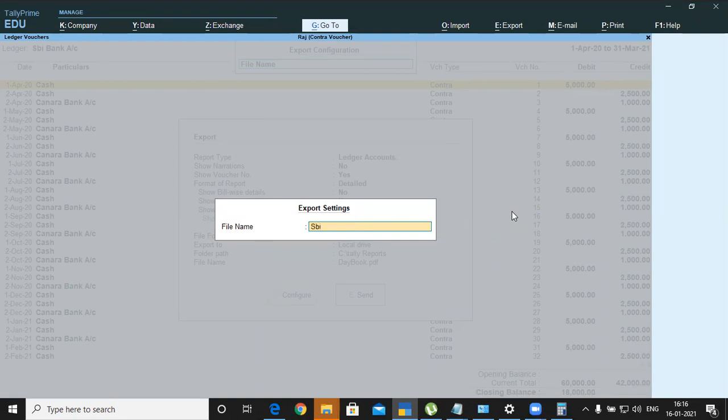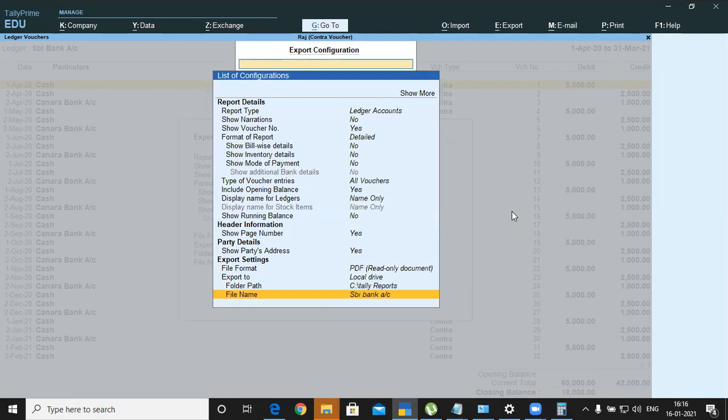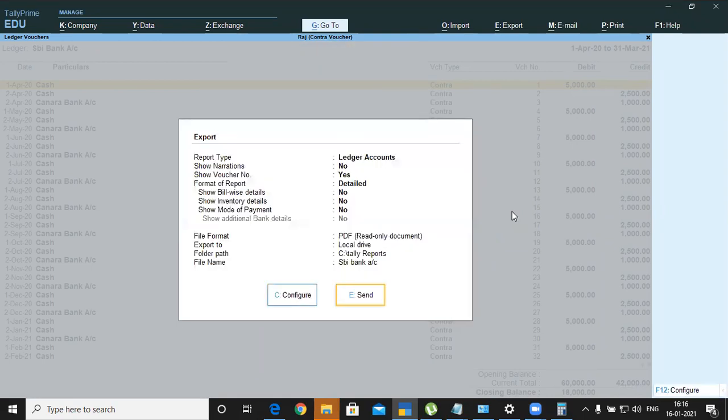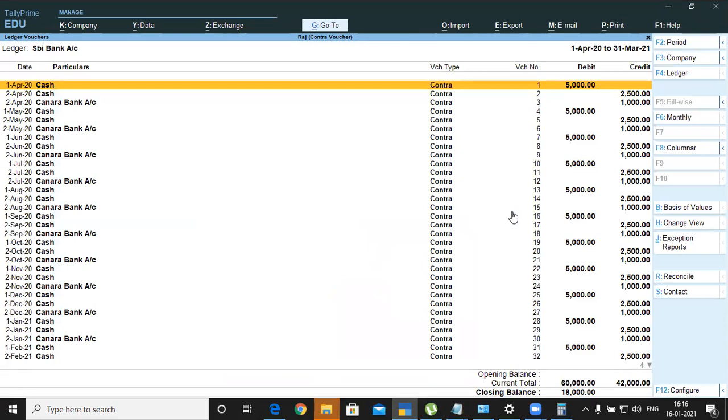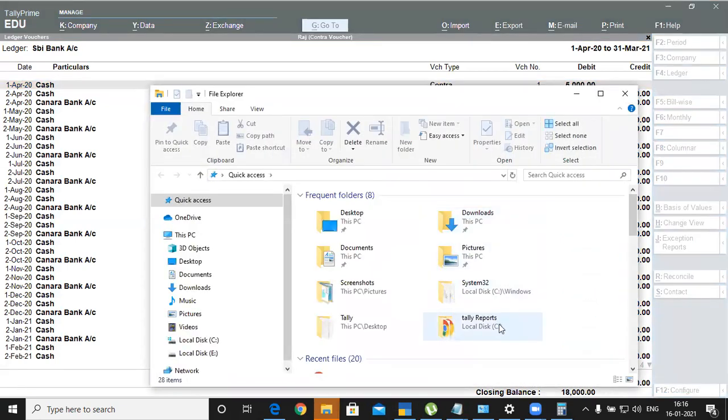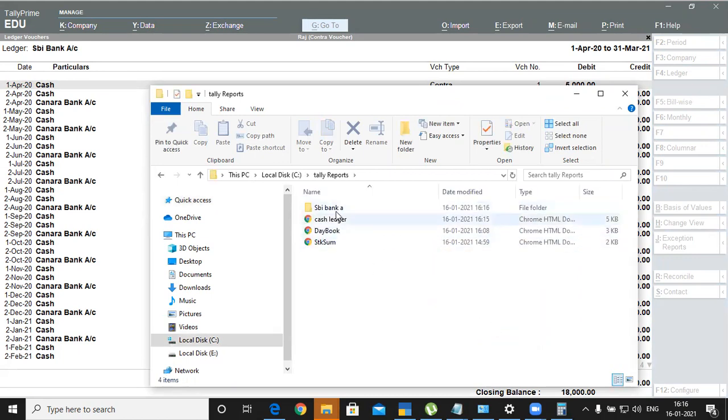What is this? SBI. Press enter key, press escape, then use send, double click for tally reports and say this SBI,